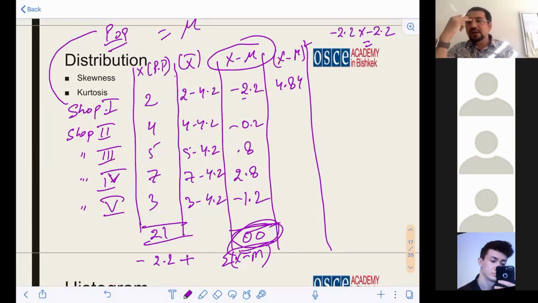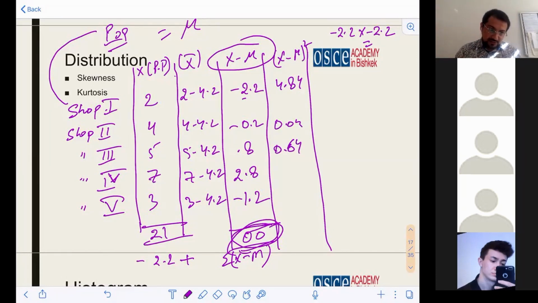The benefit is that we have got rid of minus. But does it solve our problem? No. Let's do this. 0.2 squared is 0.04, 0.8 squared is 0.64, 2.8 squared is